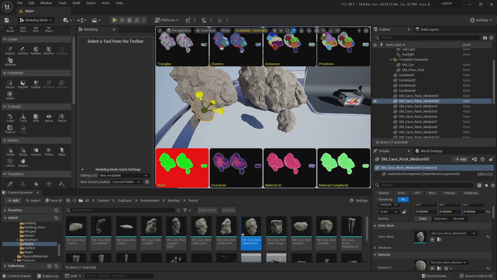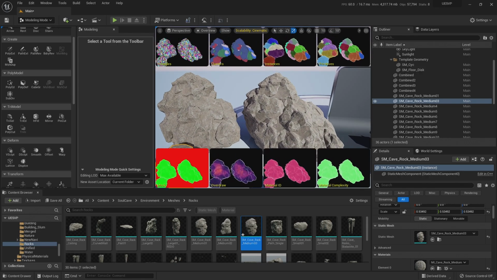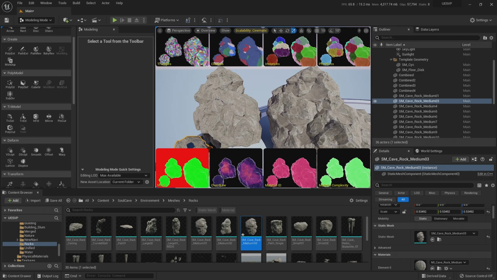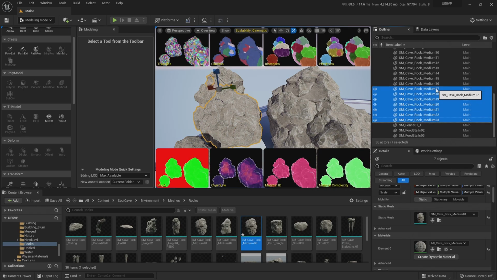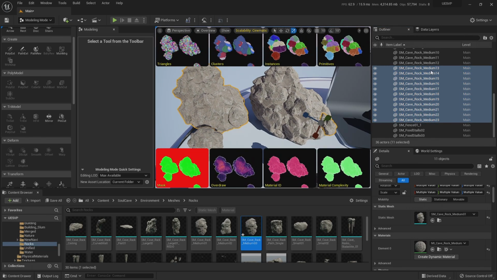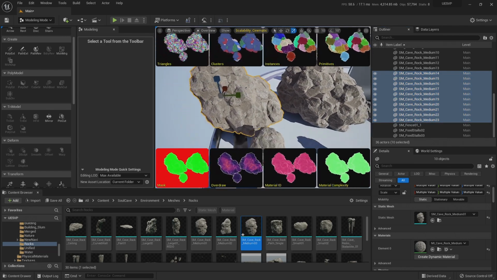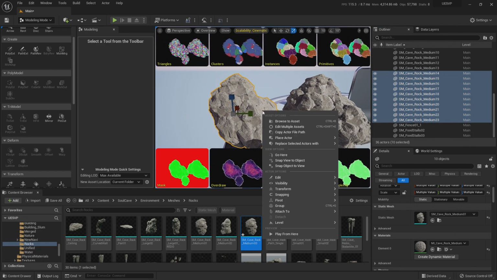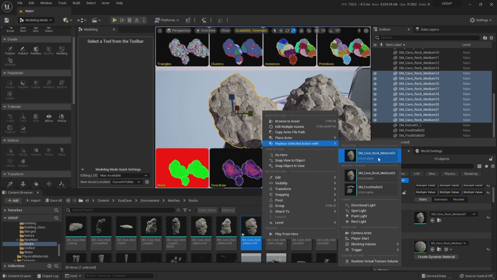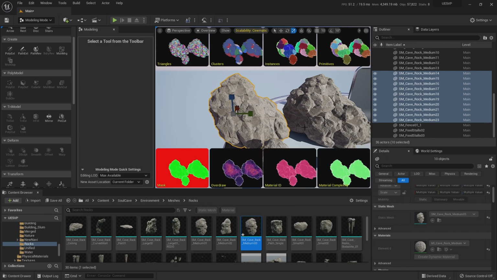I'm going to take everything from this bunch of rocks up to here, right click and go Replace Actor with the new rock that I just created.